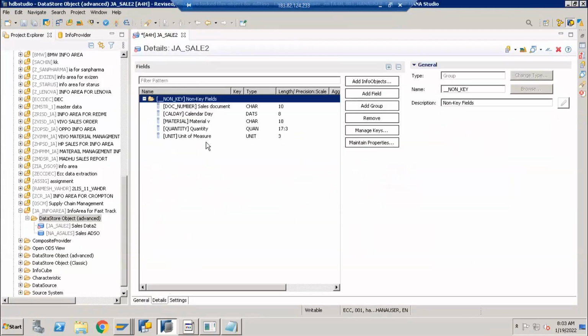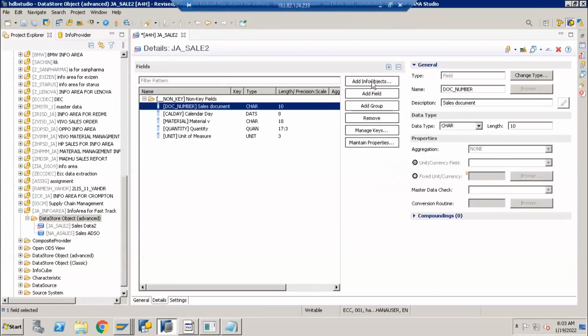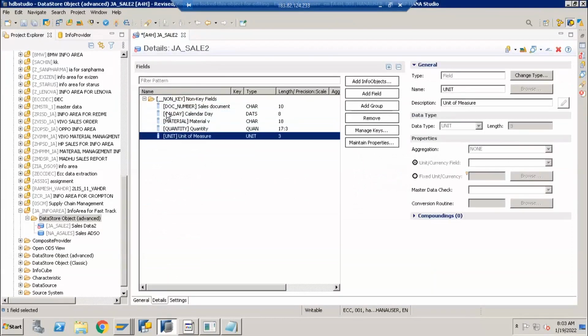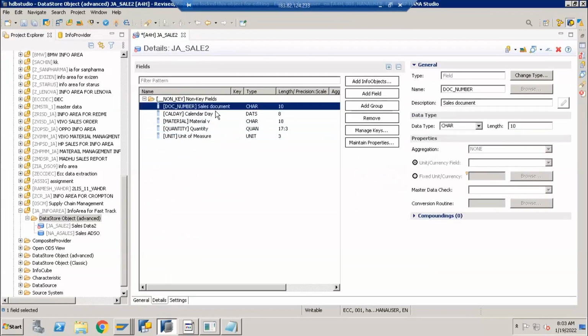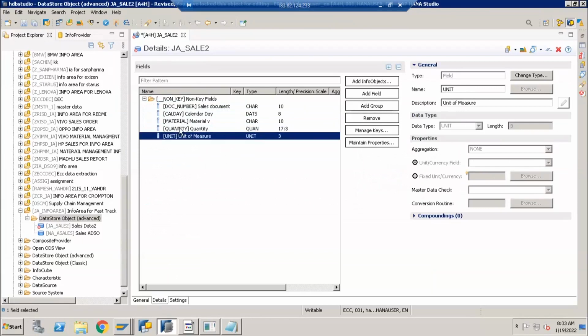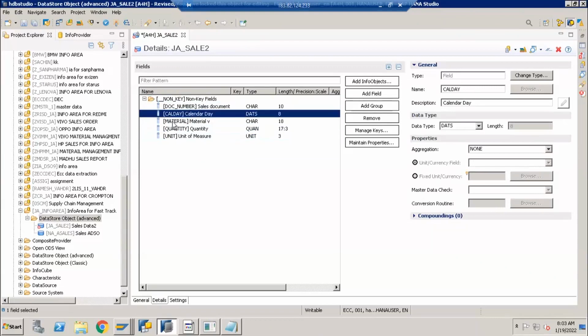I'm going to the detail section. Now you see here I already got these fields. Now this is called field-based modeling. Earlier I added info objects, but now all these are fields. It means there is no corresponding info object linkage to the BW system. All these columns act as simple fields, like the columns in an Oracle database, without any further backend linkage. Such kind of fields is called field-based modeling.